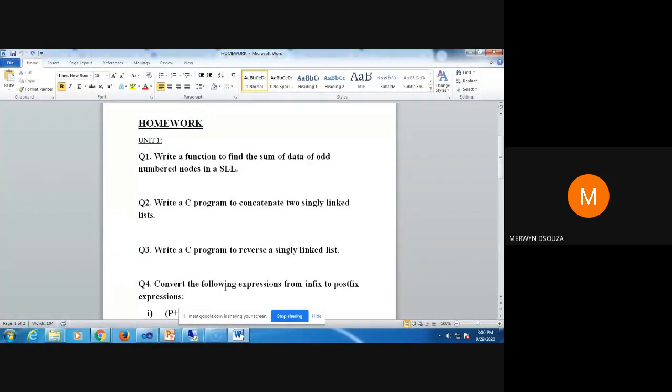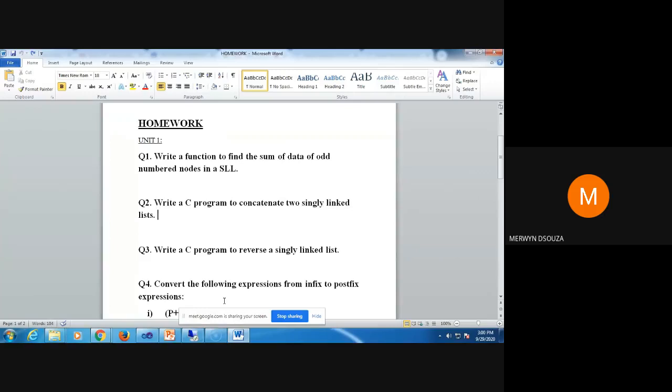So for example, you could take the operation create and you could take the operation add at the beginning. You could create the first node using the create function, and then keep calling the add at the beginning function, and you can create one linked list called A. Similarly, you could make another linked list called B. So you have to learn how to use those various operations to perform this type of program.